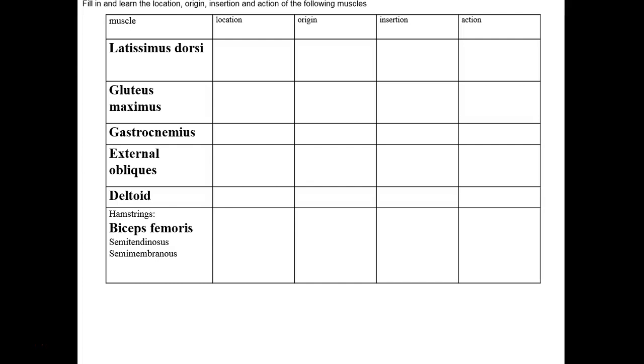Don't write everything down. Just give yourself a good idea of where this muscle starts or originates, where it inserts, or the movable bone that it attaches to, and then its action. Now notice on the hamstrings, there are 3 muscles that make up your hamstrings: the biceps femoris that we just talked about a while ago, the semitendinosus, and the semimembranosus. I want you to focus with the location, origin, insertion, and action on the biceps femoris, but I want you to know that these are the 3 muscles that make up the hamstrings, those that are found on the posterior